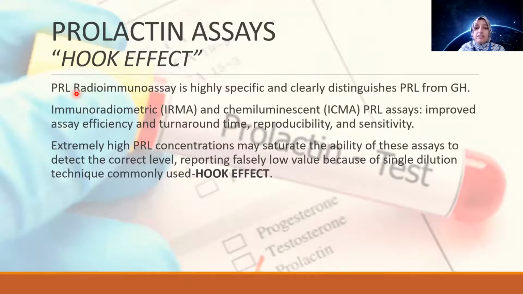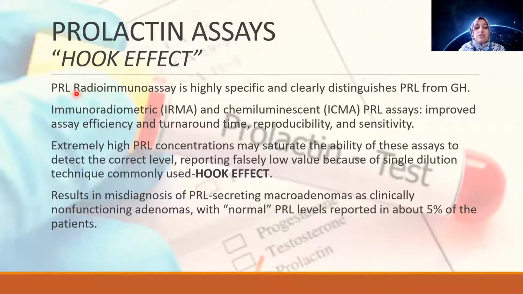This is called the hook effect. That is the reason we sometimes have to keep on diluting up to 100 times to get the exact and correct value of the prolactin level. This results in misdiagnosis of prolactin-secreting macroadenomas as clinically non-functioning adenomas, with normal prolactin levels being reported in about 5% of the patients. So this is a false low, because there is a large adenoma, so there should be a large amount of prolactin that it should release, but that's not happening,